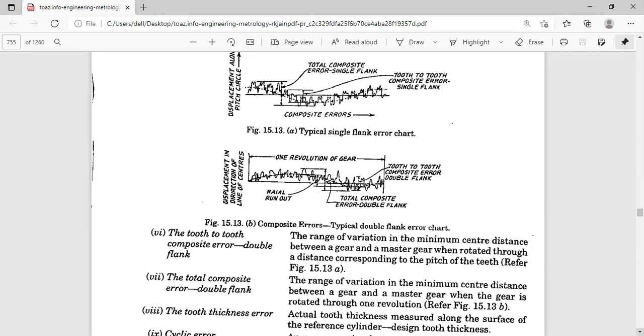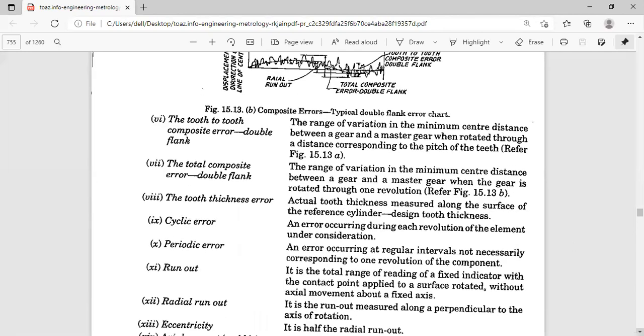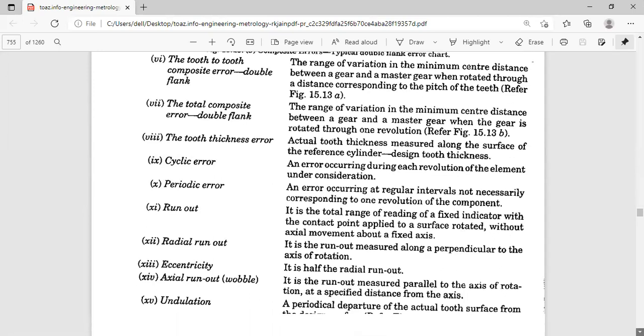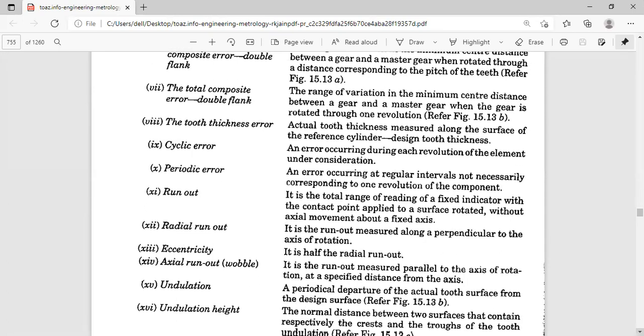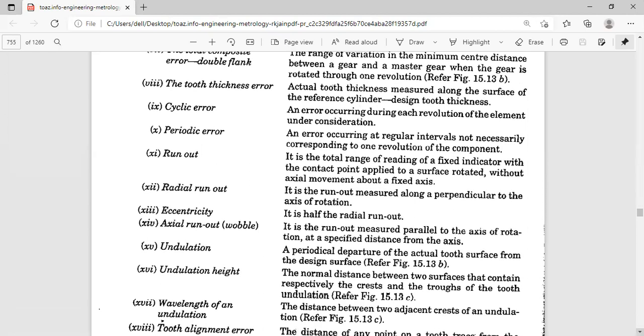That is the particular undulation. It is a departure of the actual tooth surface from the design surface. Design surface you can take as a reference surface.